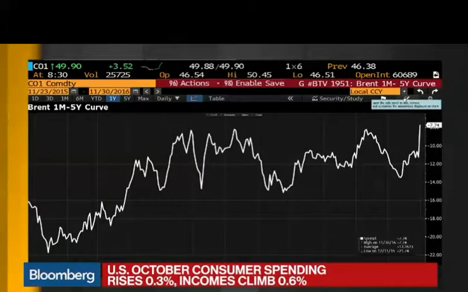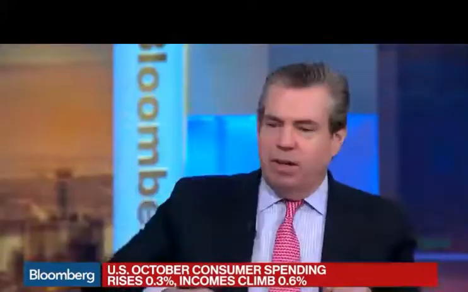What does the curve need to look like for a Saudi deal or an OPEC deal to be successful? Well, the one thing about curve shape, it cannot price in expectations because it is actually an arbitrage between today and tomorrow. So they actually got to draw those inventories to shift that curve into backwardation. Think about it this way. When you have a contango, your spot prices sit below forwards because you can buy a barrel of oil today, put it into storage, and pay for that cost of storage. When you get a backwardated curve, it means there's a premium for prompt delivery. It means you no longer have excess surplus in the market. So when you get that curve shape, the only possible way is to draw inventories.